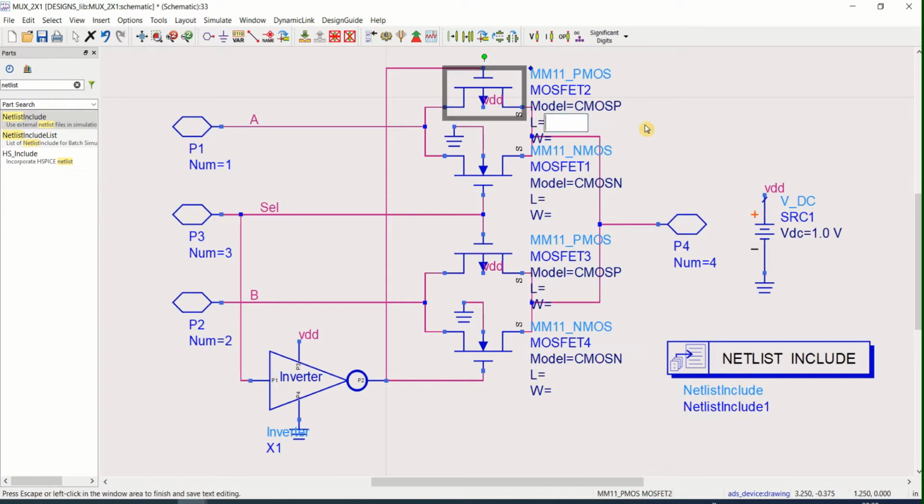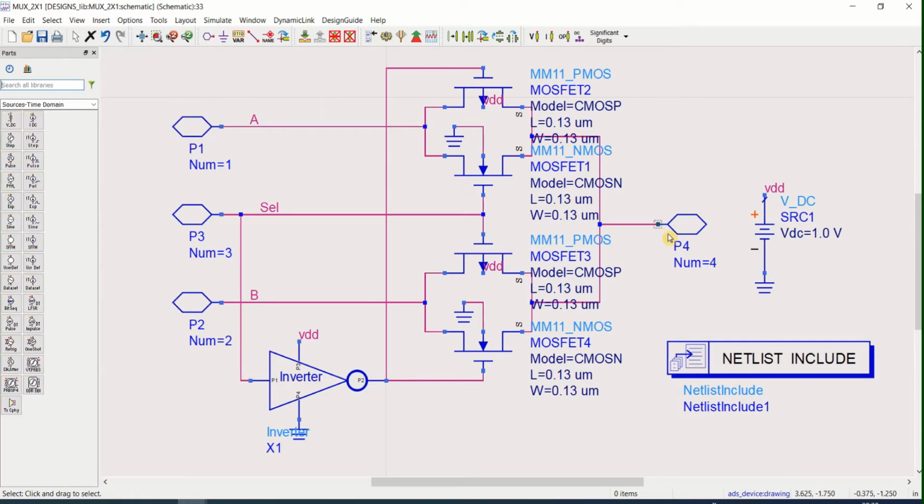I am using the default length 0.13 micrometer for both length and width of the PMOS, for all of this. A default value. My schematic is ready now.